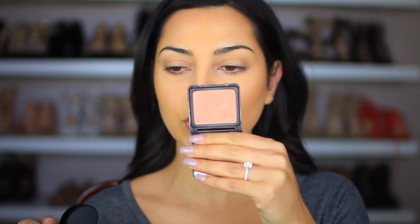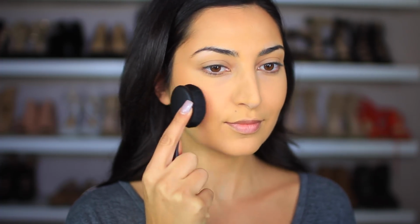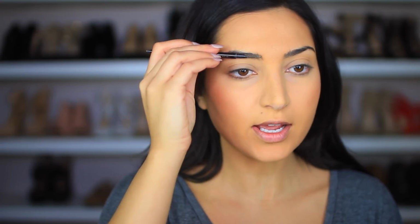Now time for blush. I'm going to use the same brush. Now let's find a blush. Alright, I'm going to go ahead and use this blush from Japanesque, and this one is in number 2. Alright. This is so pretty. Alright, before moving on to the eyes, I'm just gonna quickly fill my eyebrows in with